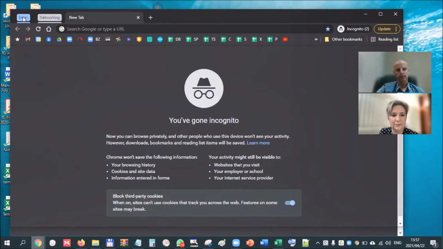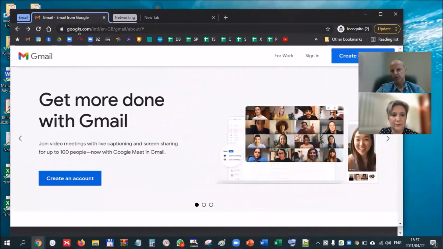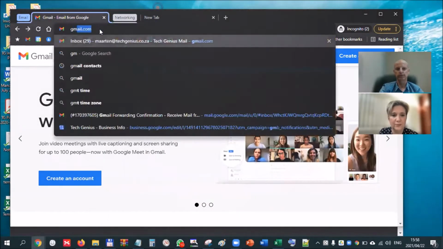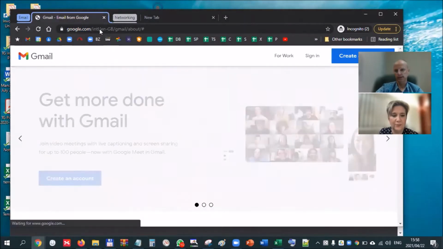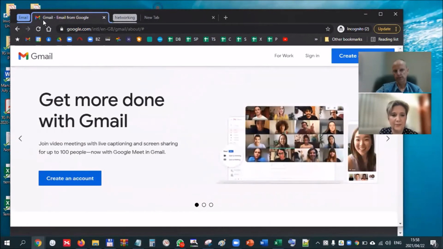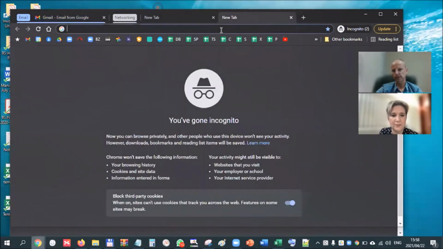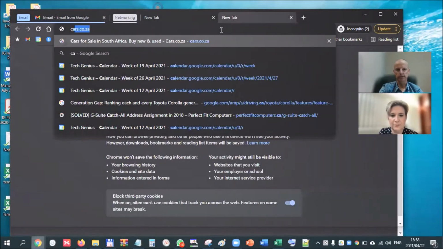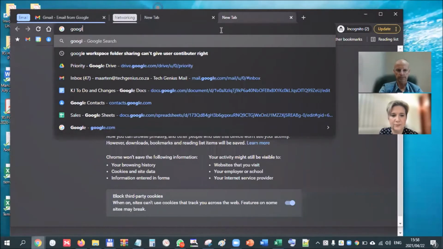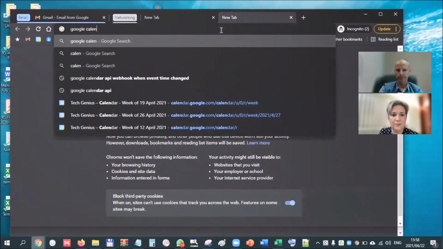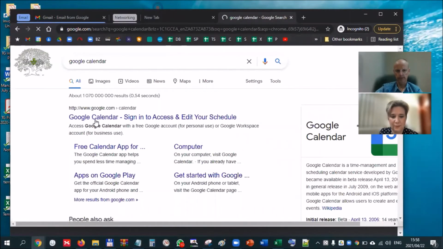So for example, let's say you take email. Now I've opened Chrome in incognito mode, so I'm not showing you any sensitive information. I'm not logged into anything. So let's say you use your email all the time, so you can go to Gmail. I'm not going to log in now, but you could log in, so you always have your email available. And then you can go on a separate tab, and let's say you go to Google Calendar. I'm not going to log in, but there's your calendar.